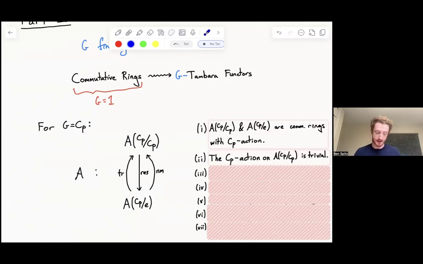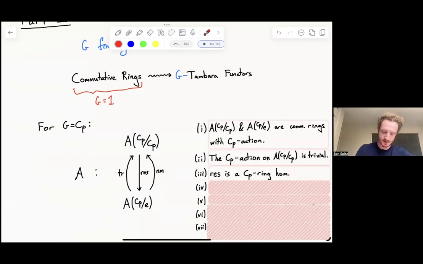So axiom 3 has to do with these three maps that I've written down here. One of them is called transfer, one of them is called restriction, and one of them is called norm. And the first condition on these is that this restriction map is a C_p equivariant ring homomorphism.